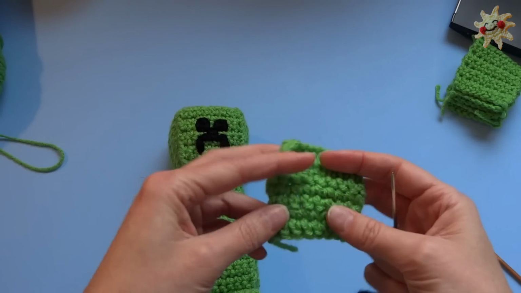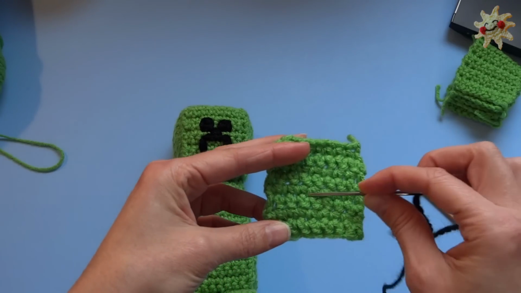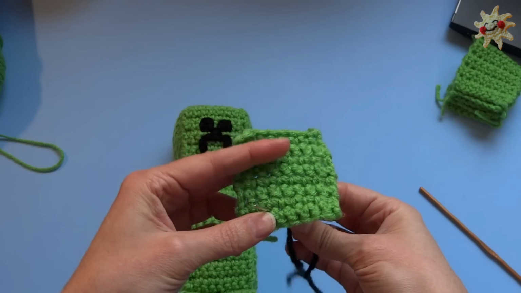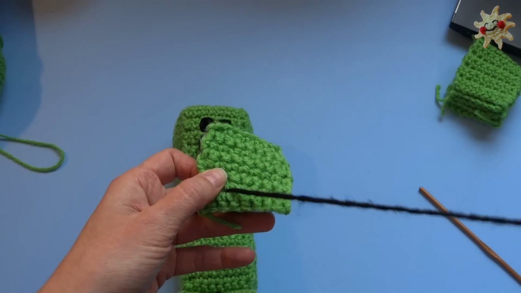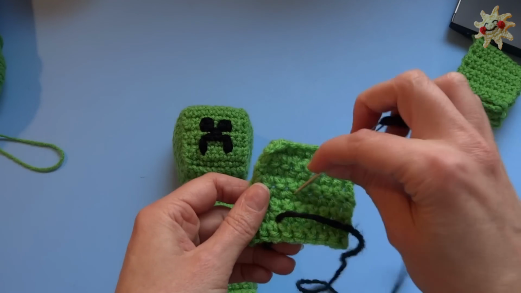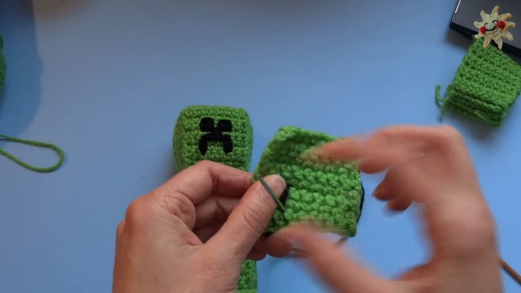So after you've decided where you're going to start, I'm going to start with the mouth. So I'm going to start with this piece of the mouth here. In the middle, I'm going to identify the middle of my block. I'm going to go to one side and then down a couple rows. And I'm going to bring my yarn up from the bottom. I'm going to leave a little bit of a tail at the back just so I've got something to knot it off with. And then I'm going to just embroider a straight line, and I'm going to go through the